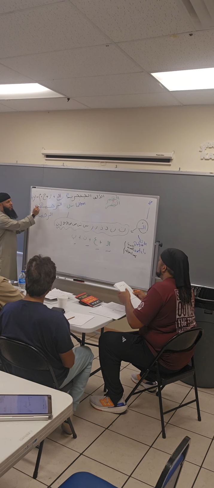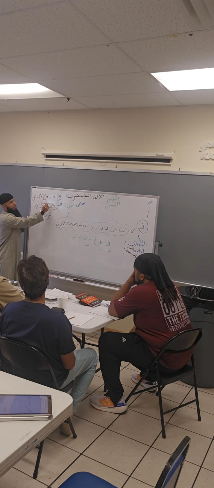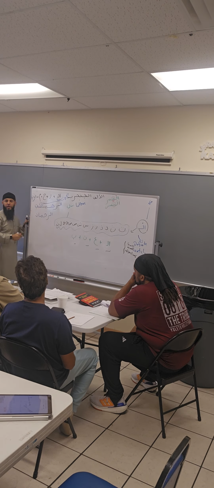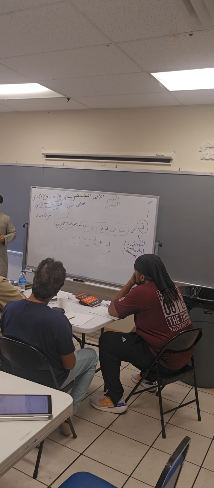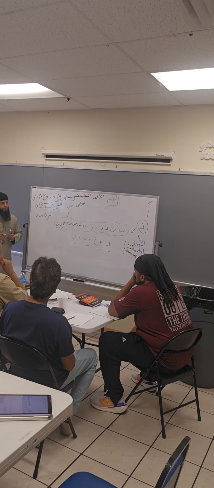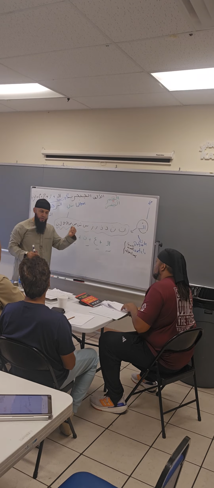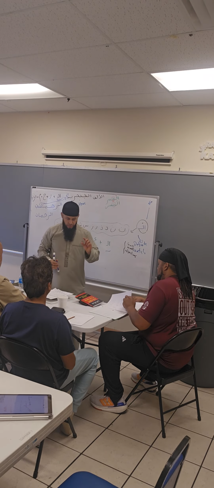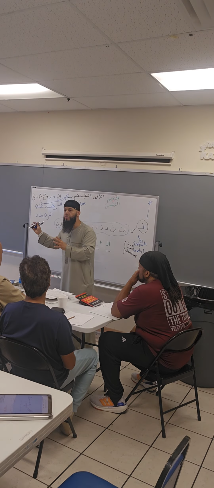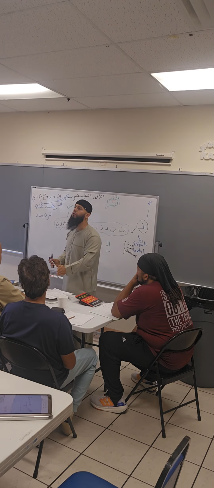What is Al-Alif Al-Khanjariya? I'm talking about this little one, you will see it in the Quran. It's talking about Alif, which means it's a sound. But they call it Al-Alif Al-Khanjariya, which means the dagger Alif. It looks like a dagger. They put it only in the Quran, but outside of the Quran you don't see it. Outside of the Quran, it will be just Alif.